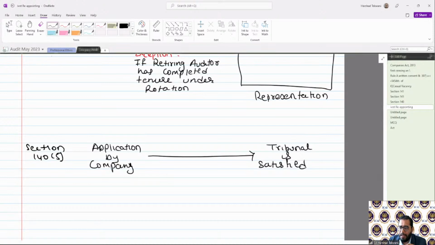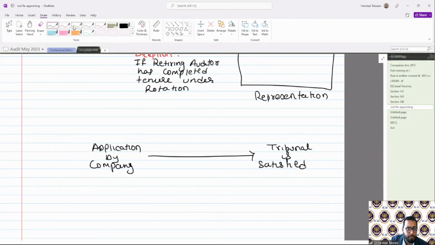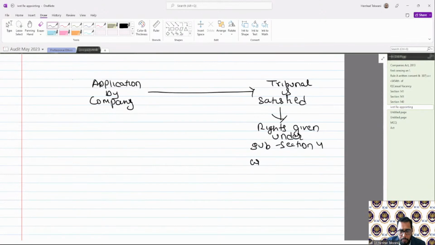that the rights given under this particular subsection, that is subsection 4, are abused by the auditor, then the tribunal can say that the copy of the representation should not be shared or read out in the meeting. Then the tribunal can order to not circulate the representation,